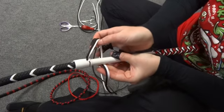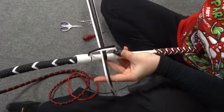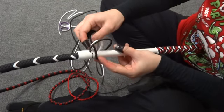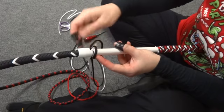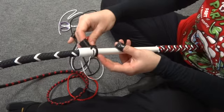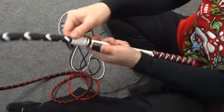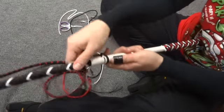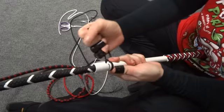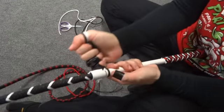Down, around the back, over the front, and up through the loop. If you are doing a two-color grapevine, make sure that your second color is on top of your first color for this loop. Be sure to check the back. You might want to pull each strand separately before you pull them together, just to make sure that they're both equally secure. Pull tight up and to the right, and then give it a tug up and to the left